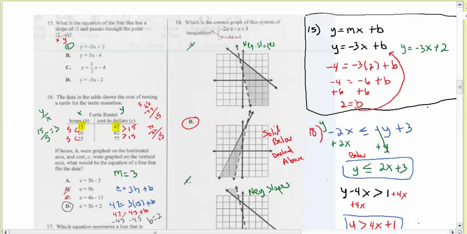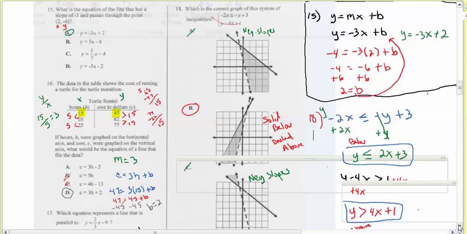What I did was I took my y and I moved it to the other side. And then I took my -2x and I moved it to the other side. So I ended up with y on this side, which is less than or equal to 2x, because I moved that to the other side, plus 3. That's my first equation I'm working with. The second equation I'm working with